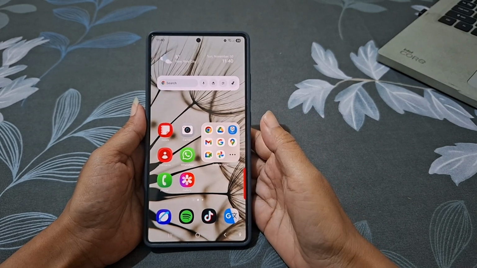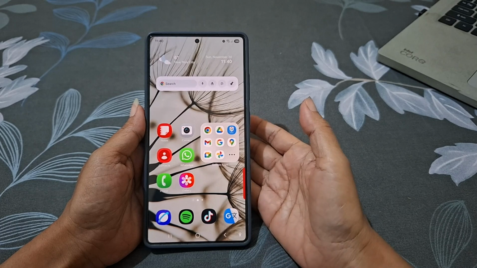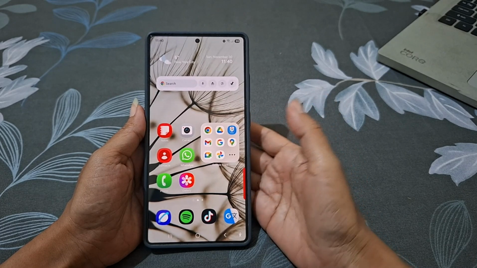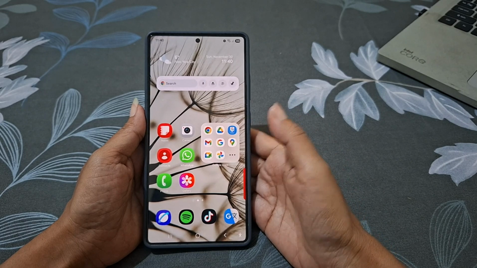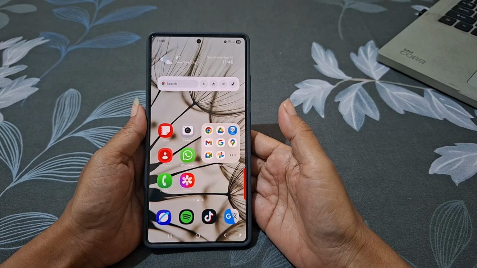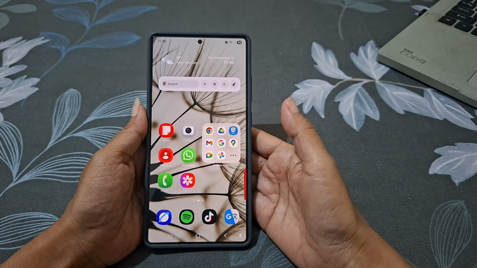Ever recorded a video on your Galaxy S25 Ultra and realized the file is just way too big to share? Or maybe it's in HDR and some apps refuse to upload it properly? Let me show you how to resize the video and switch its format, including HDR to SDR, right from Samsung